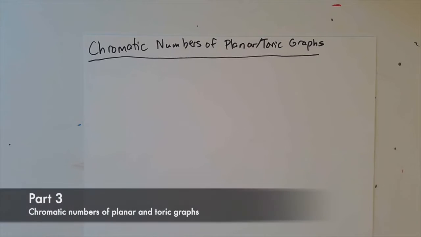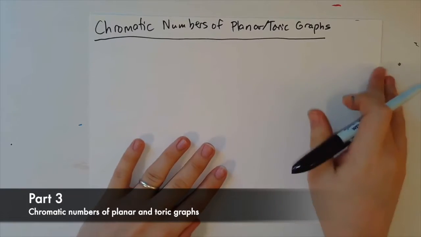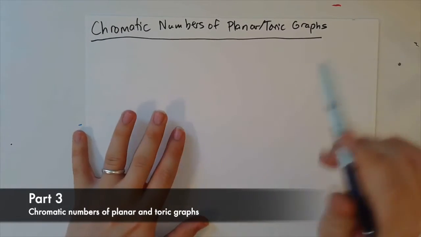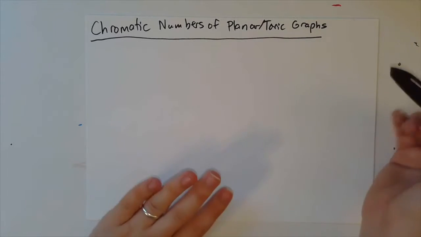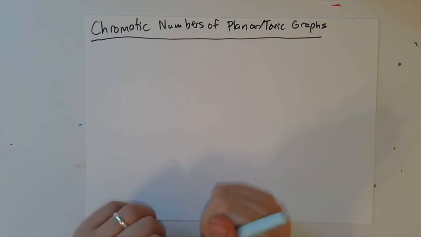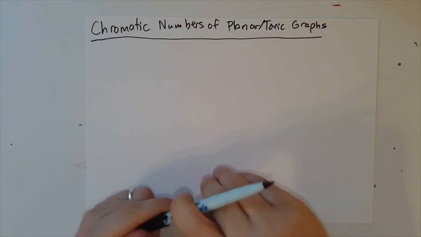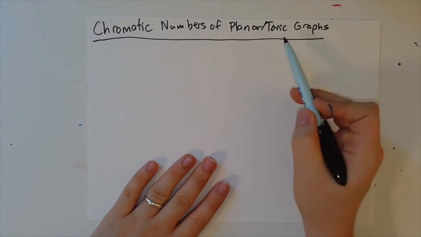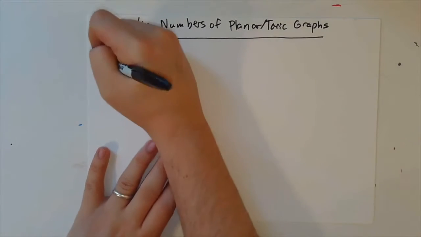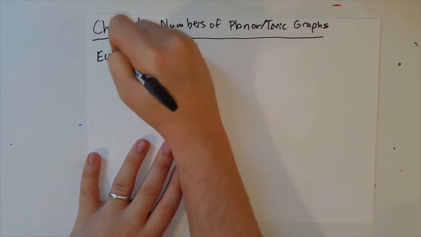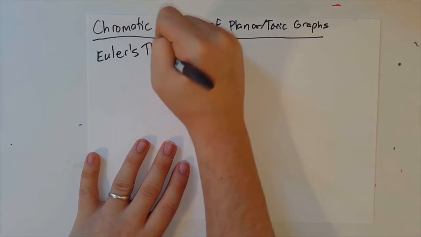Hello, class. Today we're going to put a bunch of pieces together, and we're going to talk about the chromatic numbers of planar and toric graphs. And so, you want to know what's special about planar and toric graphs, that we're able to say something more about the chromatic number. You have to remember that we have laying around in our back pocket Euler's Theorem